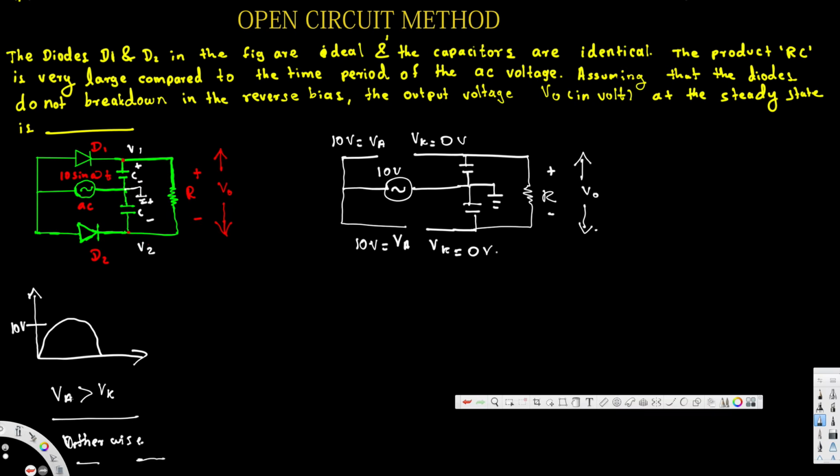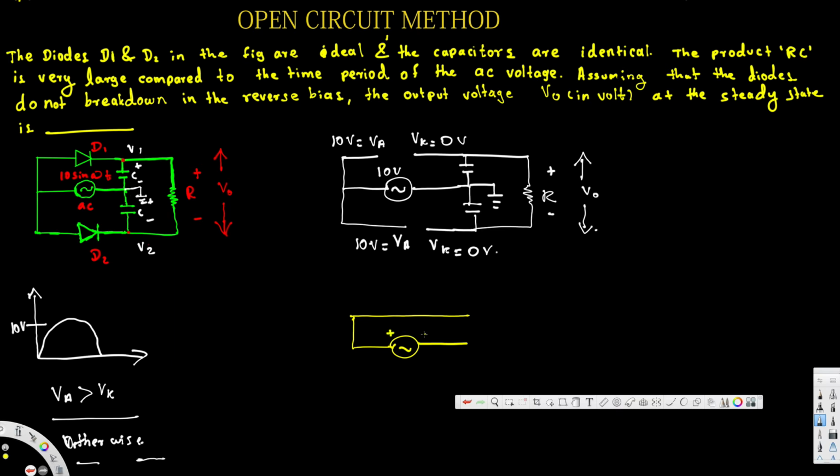If VA is greater than VK, this is a short circuit. It means the diode is on. It means it's in forward bias, okay? So this means this is on and this is in forward bias, so we have to replace this one with a short circuit. Now the diagram is going to look like this. We are going to replace this one with a short circuit, so we are going to have the circuit like this,